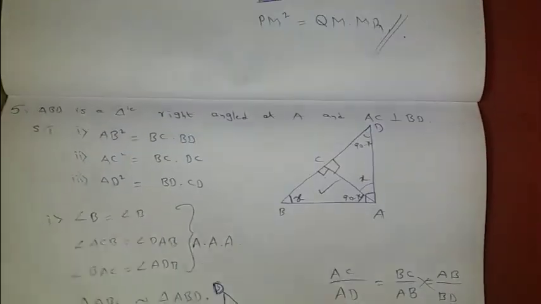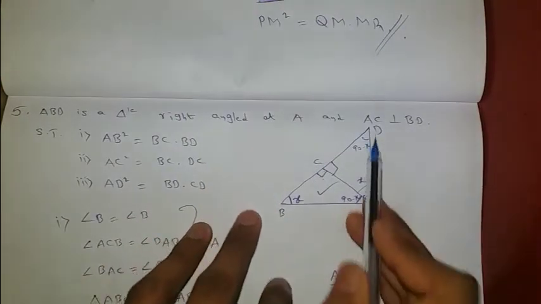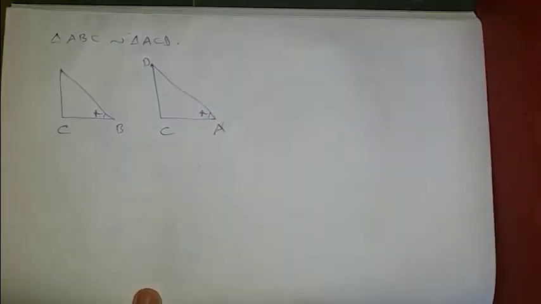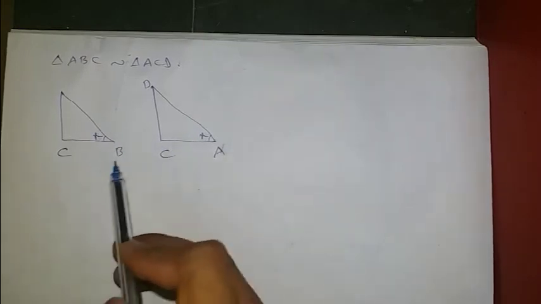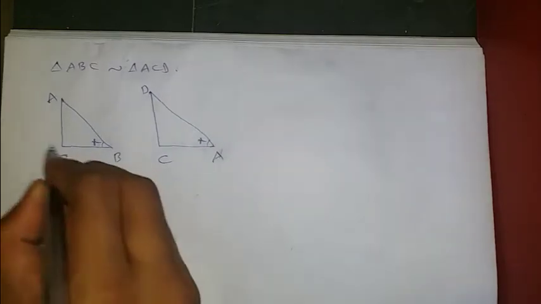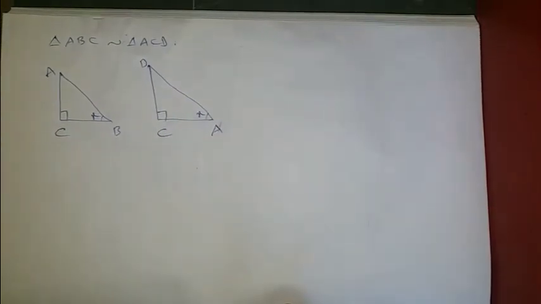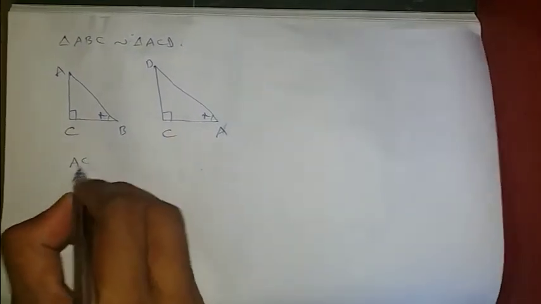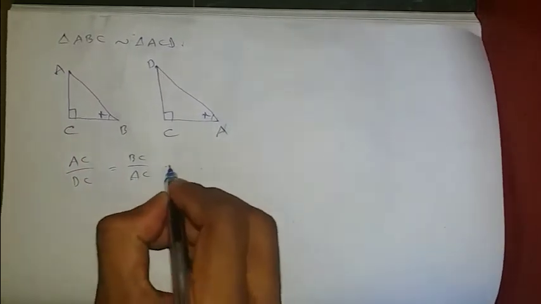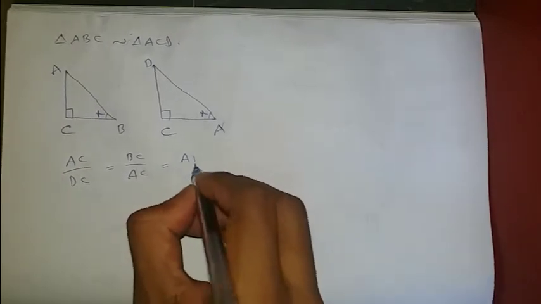What is that X angle in the upper triangle? That is CAD. So here the angle is A, here it will be D, and we have the ACD triangle, next ABC. So the ACB triangle is similar to the DCA triangle. Here it is 90 degrees and here it is 90 degrees. Now if we apply the corresponding sides ratio, side by side, AC by DC is equal to base by base, BC by AC, is equal to hypotenuse by hypotenuse, that is AB by AD.